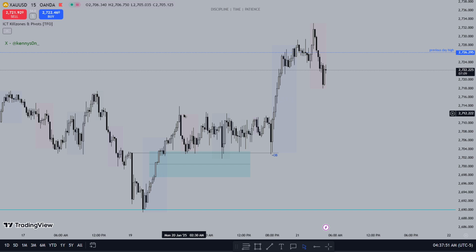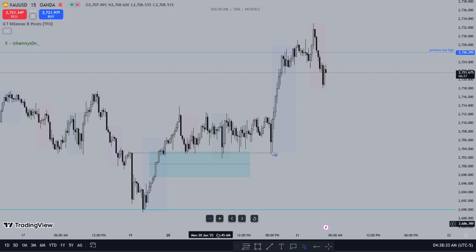So I was anticipating New York to sweep London low and then change state in delivery, move higher. But this wasn't a clean move for me. I went back to my charts during New York session and I didn't like it, it wasn't clean. I saw that there wasn't going to be a significant move during New York session. I recorded that, but I ended up just deleting the video because it was interesting, I was interested in observing what was going to happen.